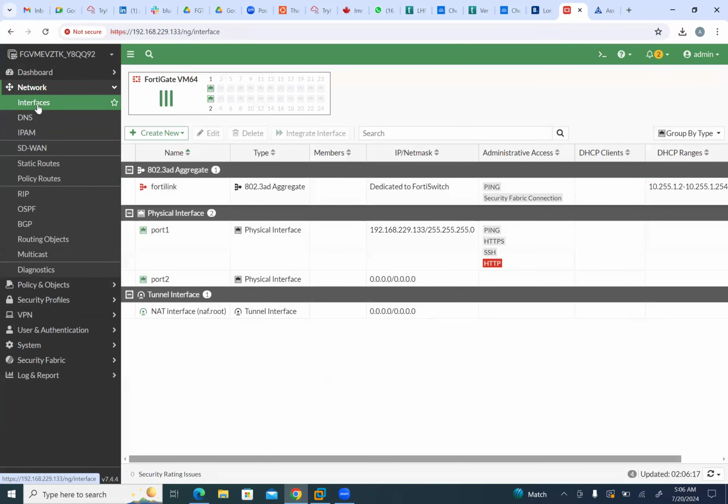Now, on this interface, we see the list of physical interfaces that we have. You can see port 1 and port 2. Now, port 1 is the one that we are using, which is our management interface that we are using to manage the FortiGate. We can see the IP address and the administrative access that we have on the FortiGate. Now we have ping, HTTPS, SSH, and HTTP. So these are the administrative access that we have on the FortiGate. So now you can click on port 1